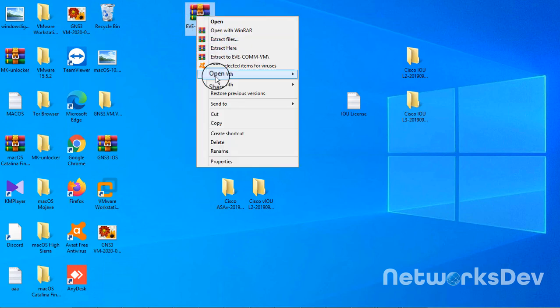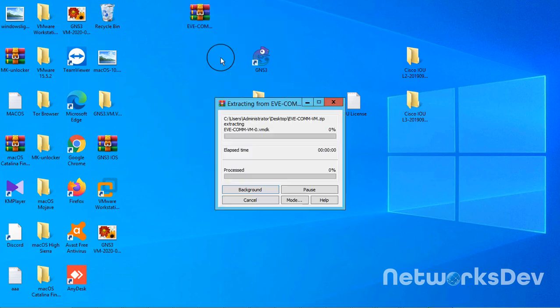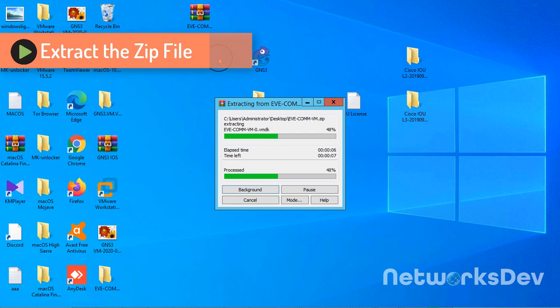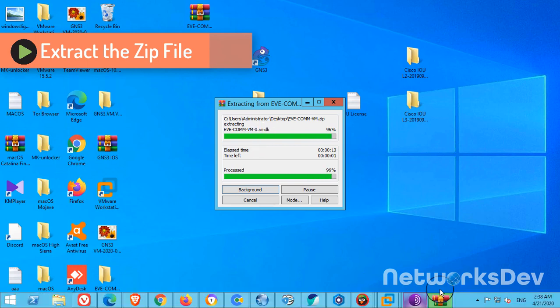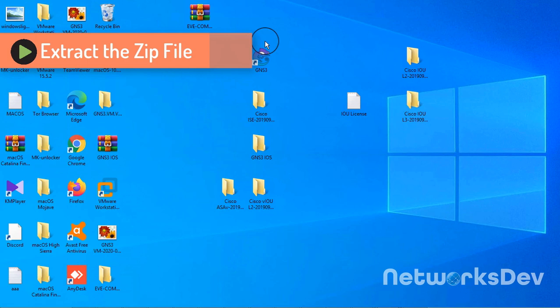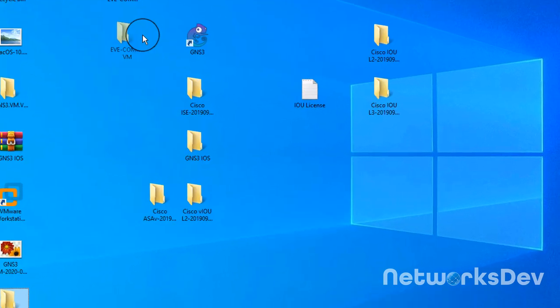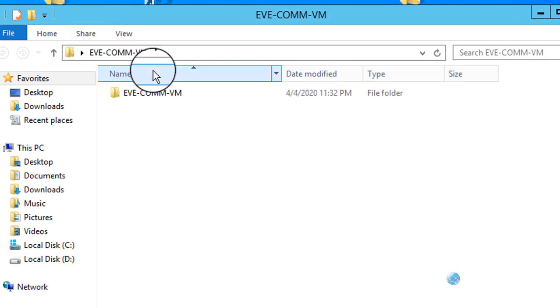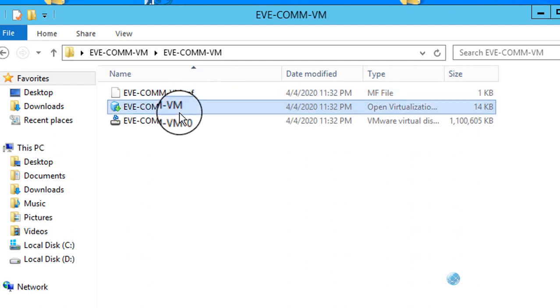Just extract it to a folder. So extraction is also completed. As you can see, we have the OVA file for this VM.